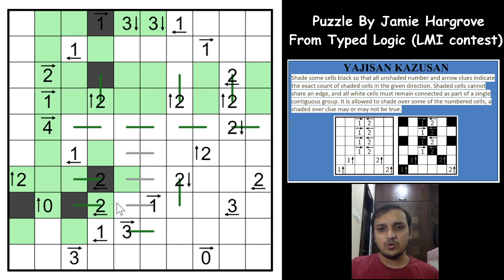Let us go the other way around. If I shade this cell and this cell, which means that this cell cannot be shaded, right? Because we know that this cell is already unshaded and this cell cannot be shaded, which means that there can only be 2 shaded cells in this 2 by 3 area. So the only possible way to have all these 3 cells unshaded is this possible way, and that pattern will give you one white cell stranded, right? Which means that these 3 possibilities will have only 2 shaded cells.